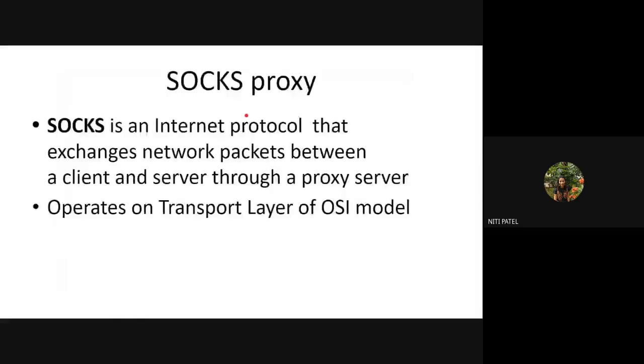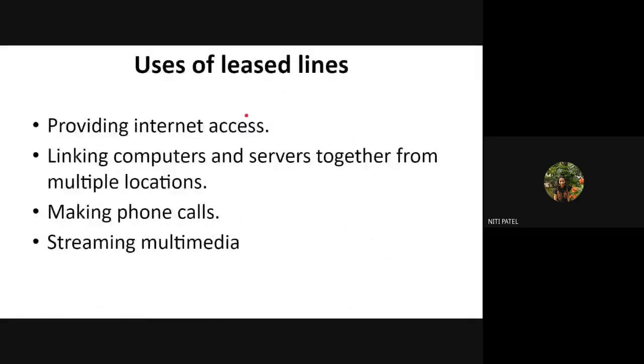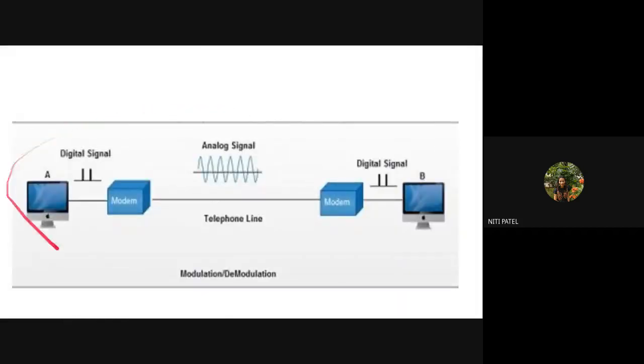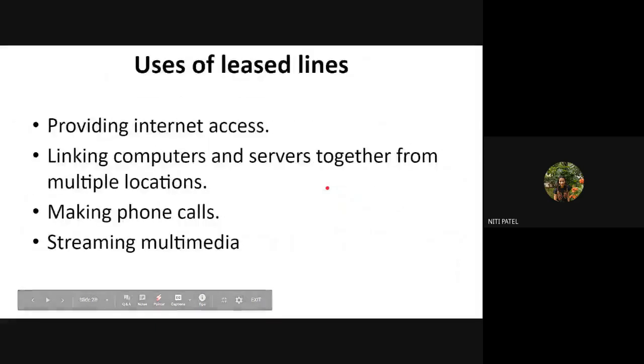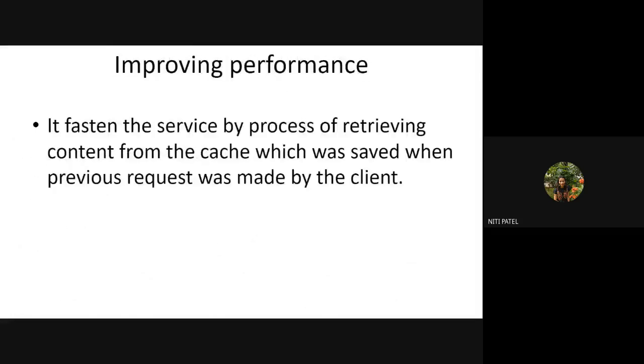Okay, so whatever we have studied, this same concept can be applied here, where this will be your client and this will be your proxy server. At the proxy server I have a modem. So if there is any analog communication coming from the client, I can always convert it into digital data, or provide digital data to the client machine. So data conversion is also possible even if a proxy server is installed in between the real server and the client.